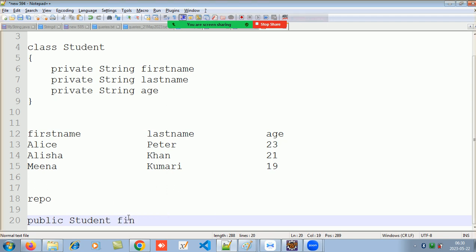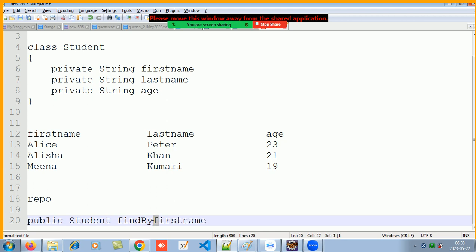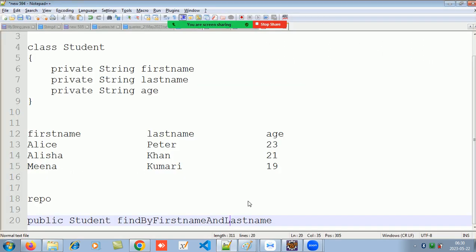Now findBy is fixed, small f capital B, and I want to find by first name, so I put that over here and make the F capital. Then I use the AND operator, and I want to find by last name, like this. You can use the functions,